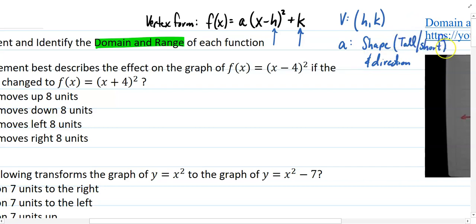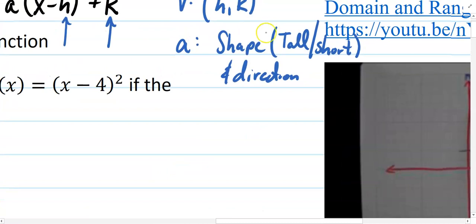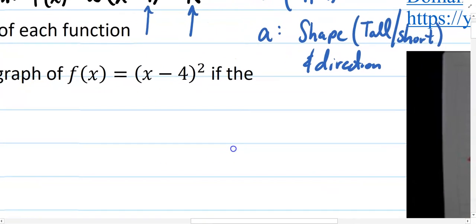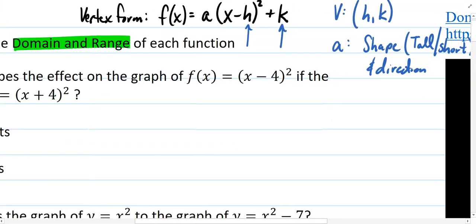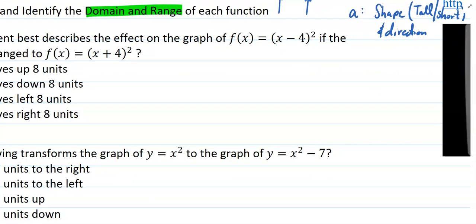We try to avoid phrases like wide and narrow because that's not truly an accurate description here. The a value adjusts the shape by stretching it taller or compressing it shorter. But it also tells us the direction that the graph will open in, whether the tails open up or open down. So one thing that I want to point out here with this particular function to begin with,